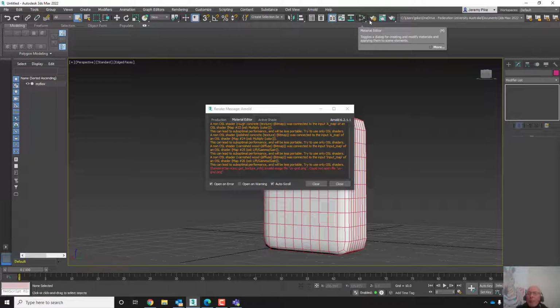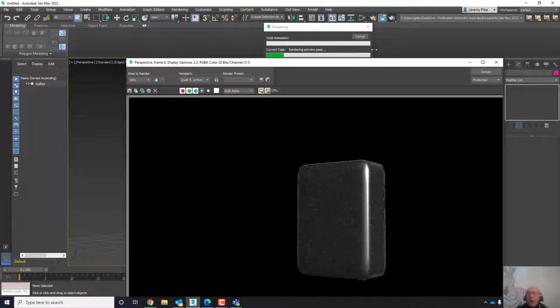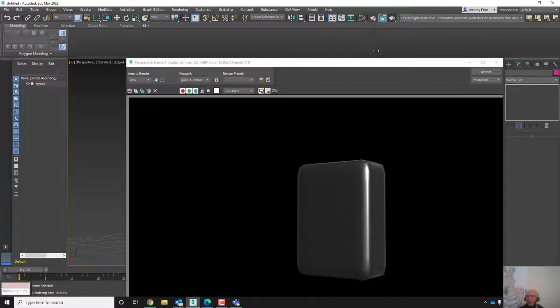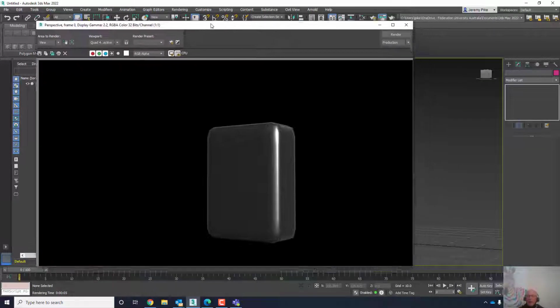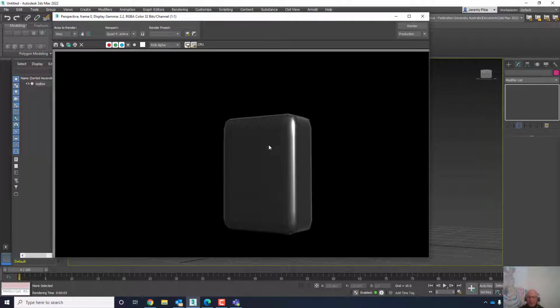M's the shortcut. The next one is your render, right? There's render setup, there's render from frame, and there's render production. I'm going to use this one here with the lightning bolt really quickly. And you see what it's doing? Look what it's doing. Okay? That's that easy. Now, it doesn't look great because there's not very much lighting in there. It's got a bit of lighting because there are 2 lights in there that are default. If I render it again,